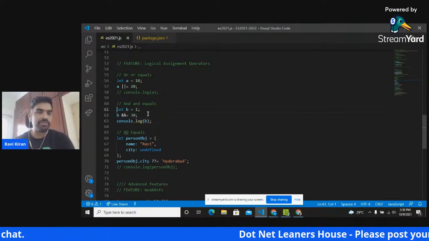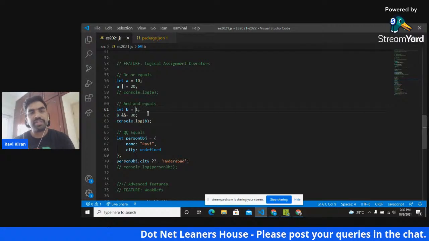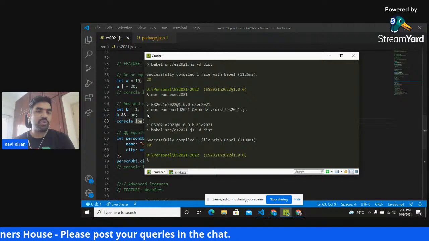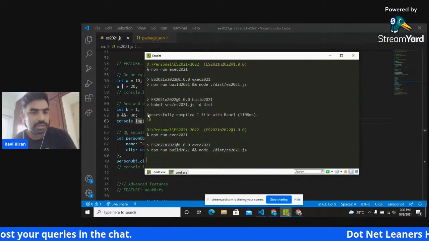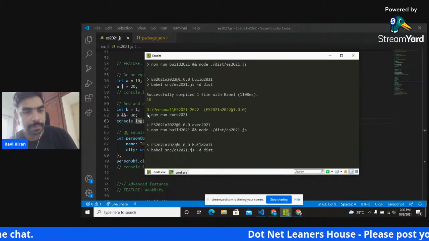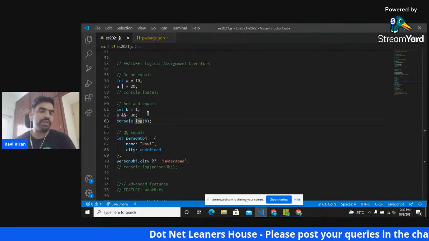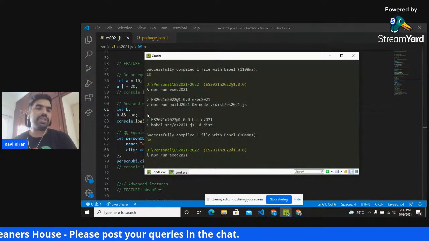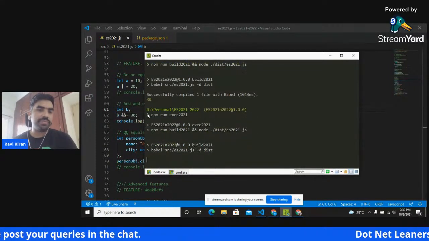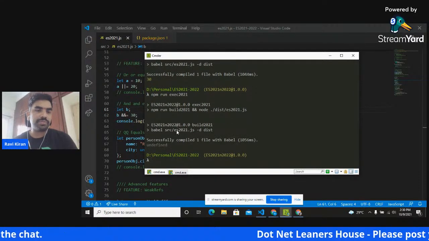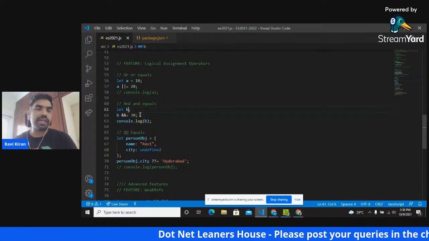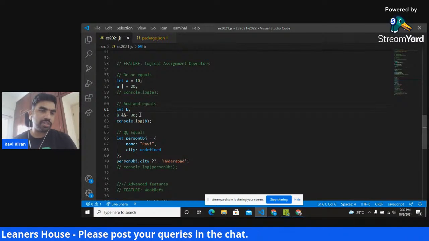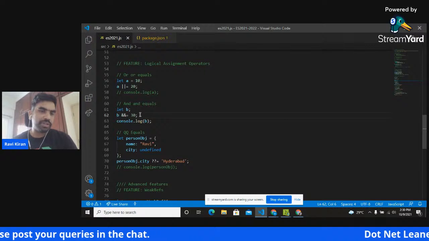Yeah. So right now we have the variable b declared, and we have initially assigned it the value of 1, and then we are taking the AND operator. So the value should get overridden here. So let's check if it works. Yeah, so it worked and the value got overridden. But if I remove the assignment, now it should remain undefined. Yeah, so now because I removed the assignment and the AND operator returned false, the boolean value of false, the b is not assigned 30.